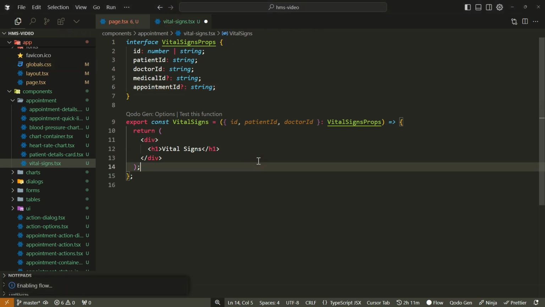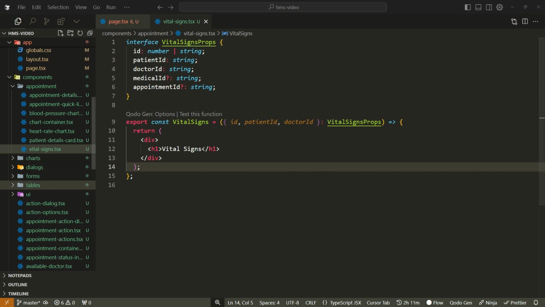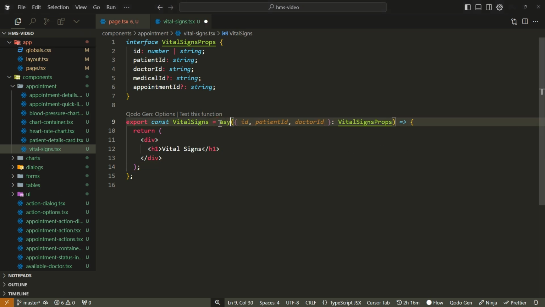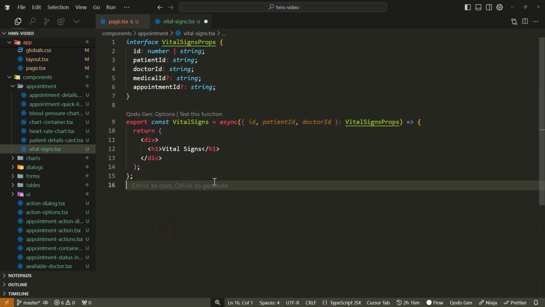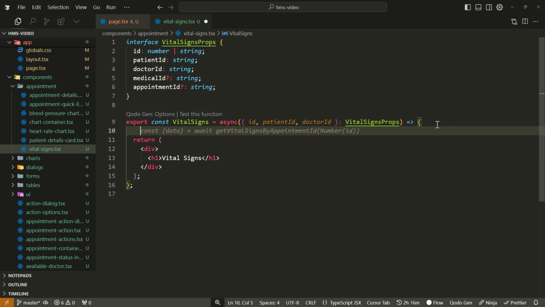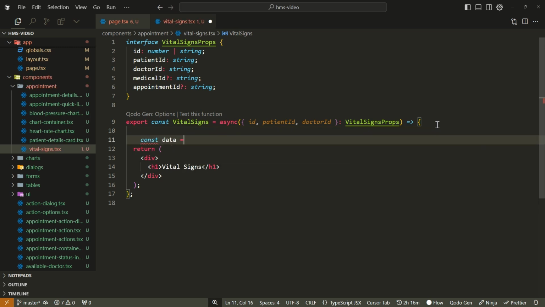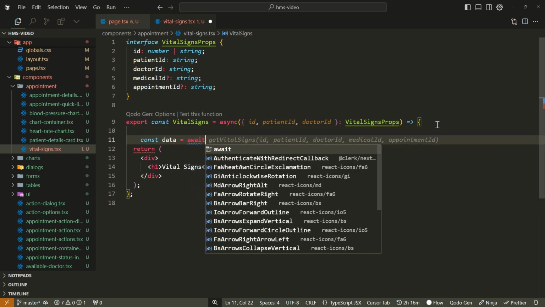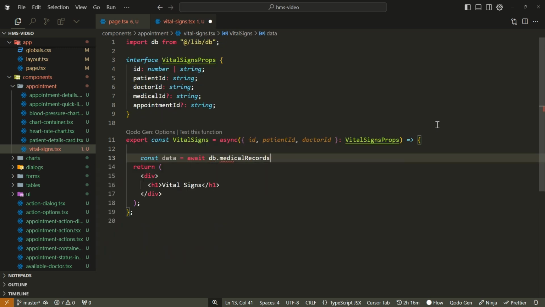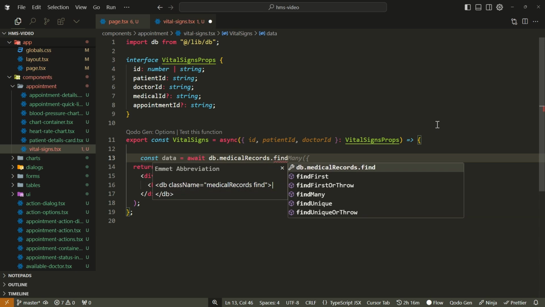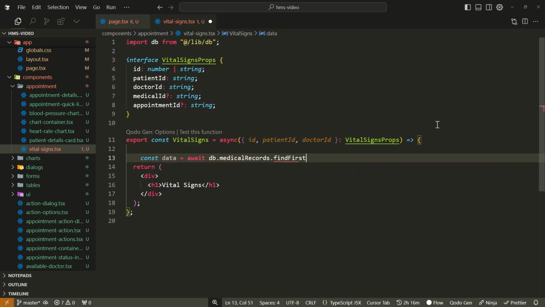Okay, so I think this is the information we'll need. In here, we can even fetch the data from here, right? We can also fetch it by saying const data should be equal to await db. We can also fetch it from here if you're aware. Yeah, medical records dot find first. Okay, so we want to find first